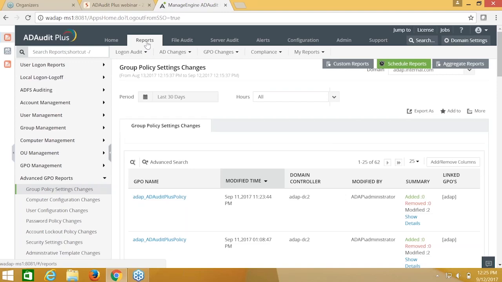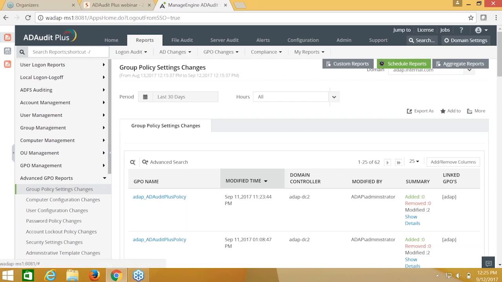Because you might have struggled in the past to obtain audit information about something, and may well be pleasantly surprised after looking at our reports, and you may be like, hey, okay, this tool does exactly what I need. So now we have this whole bunch of categories of reports that you can see on the left pane,